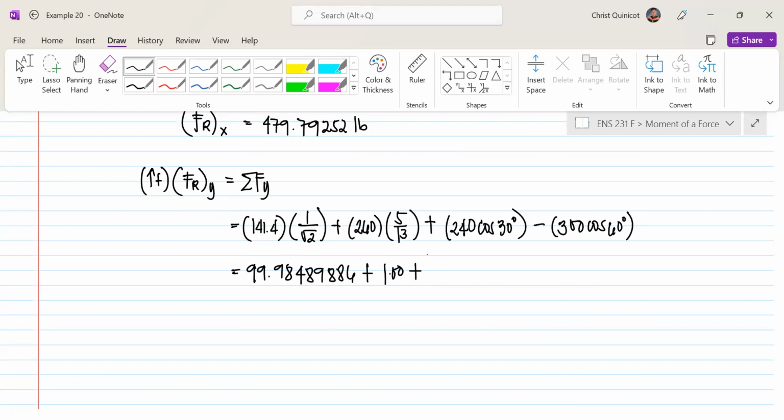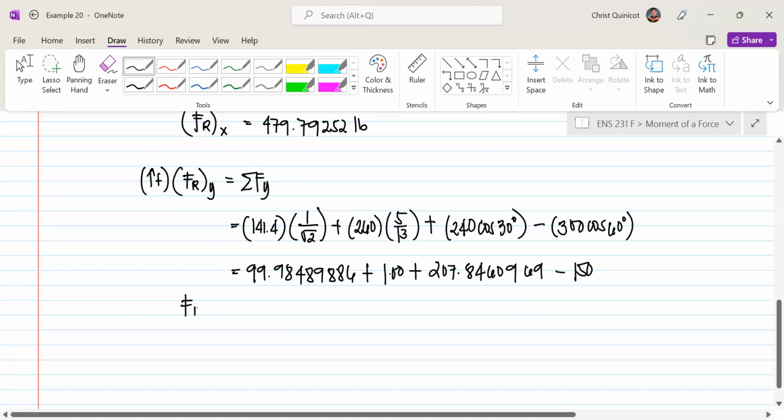240 cosine 30, that's 207.84609690, minus 300 cosine 60, and that is 150. So our F sub r, or the y component of our F sub r, is equal to